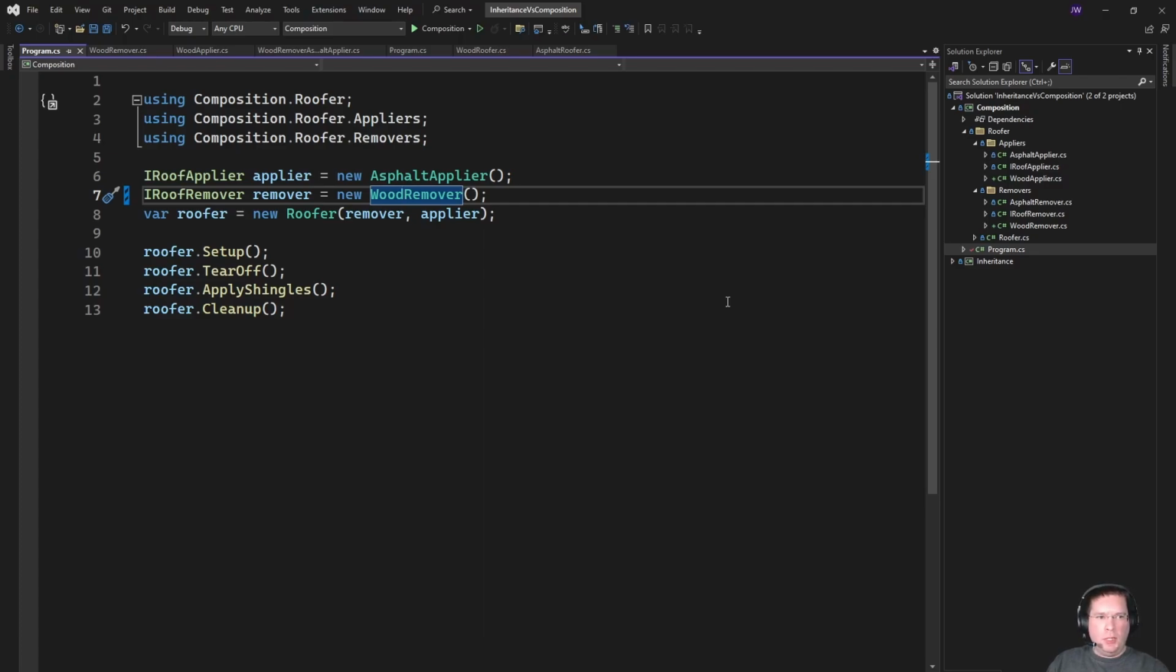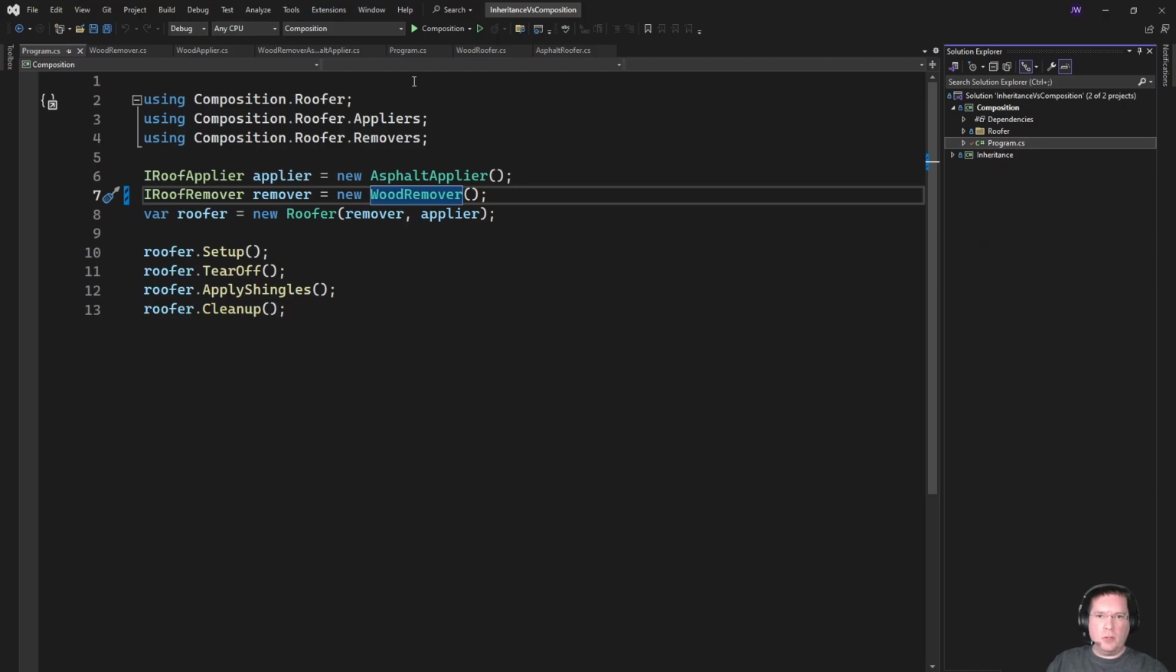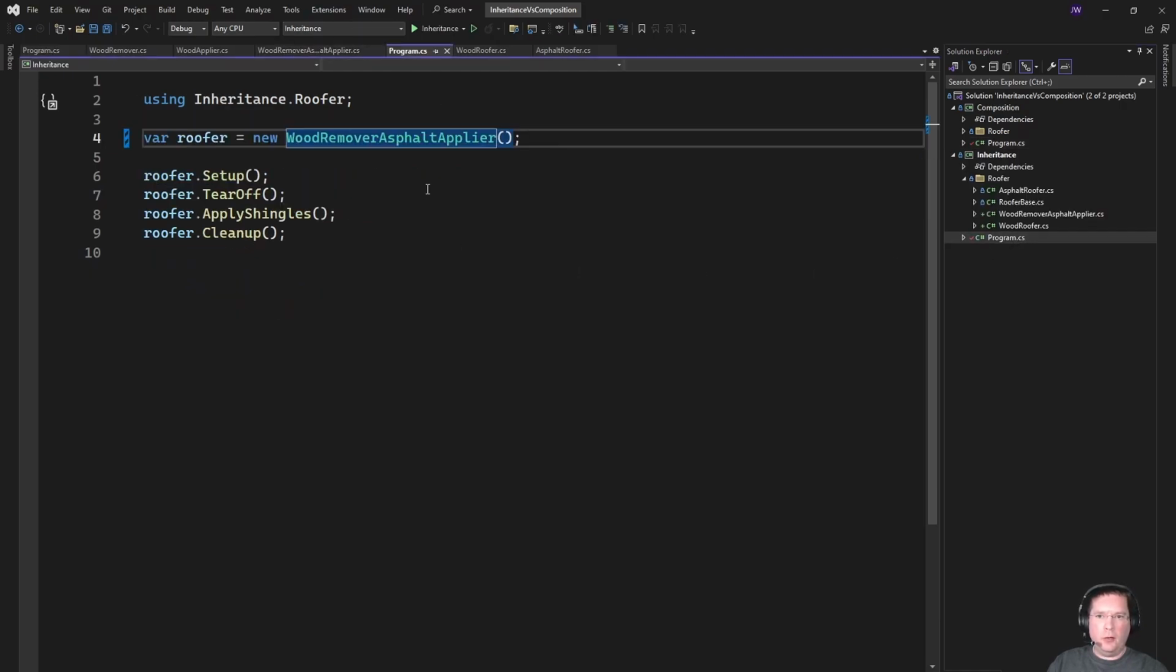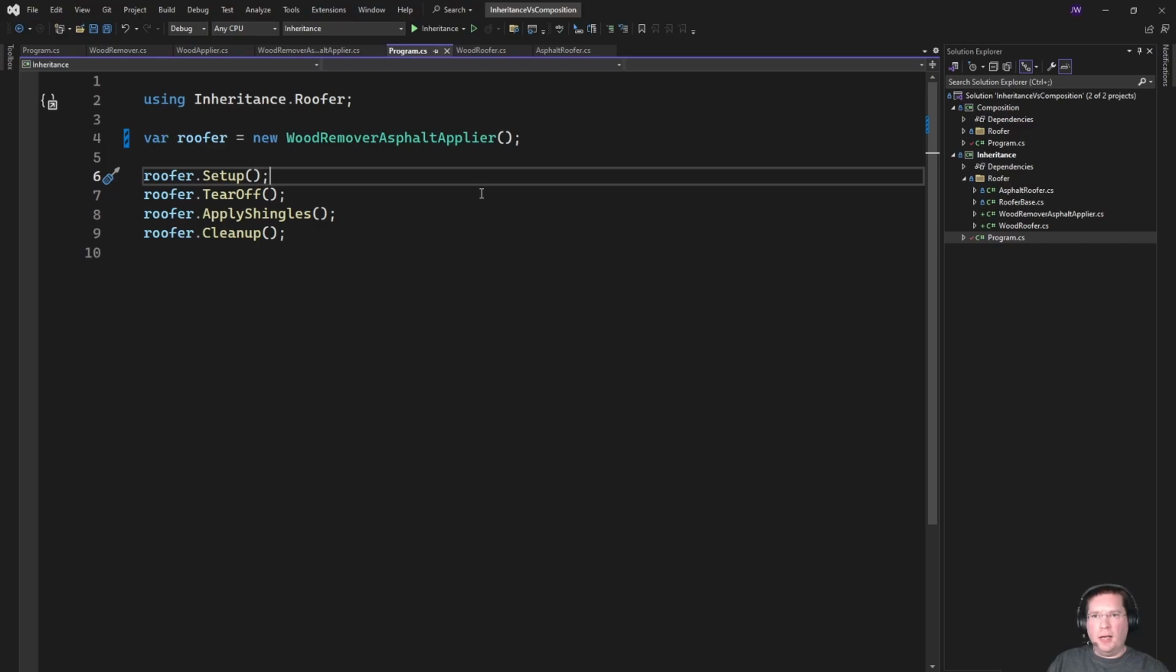The other advantage I think we get, which is often overlooked with composition, is the ability to very easily apply something like an adapter pattern. And so let's say we've got a new feature that we need to add. So let's switch back to the inheritance. And now it turns out that there are houses that have multiple layers of shingles that need to be removed before we apply our single layer of shingles in their place. And so if we were to create something that could remove a layer of asphalt and then remove a layer of wood from underneath the asphalt and then apply asphalt shingles, then we would need to create, you guessed it,